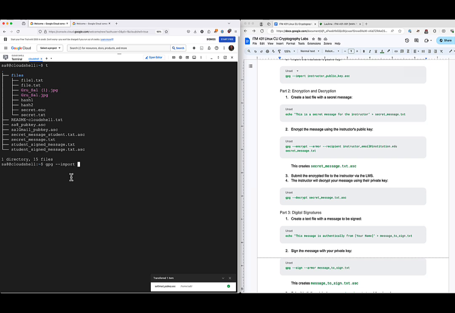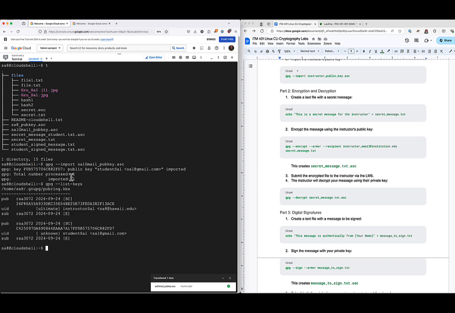And it's going to be Sal Gmail, Gmail public key. Boom, it's in there. Now I can go GPG, list keys, and I should have 2. So I've got my Sal Gmail, I got my instructor. Now I can go back